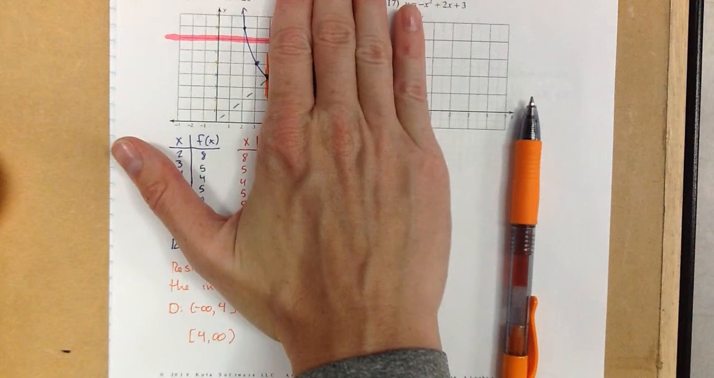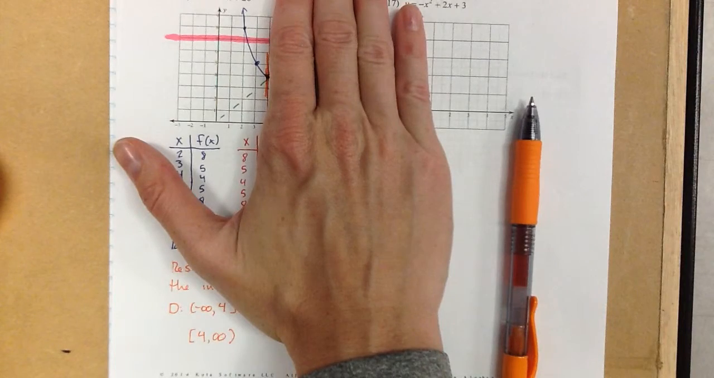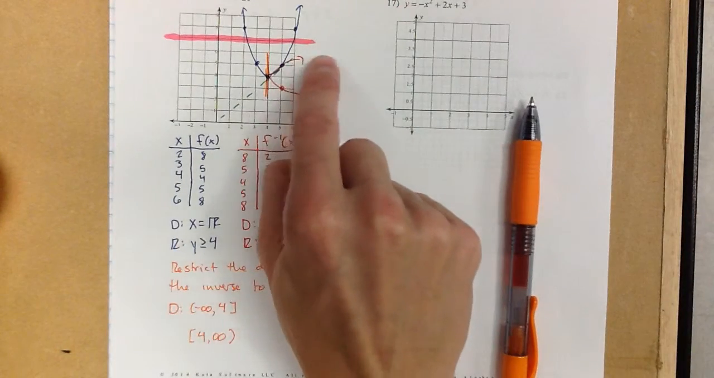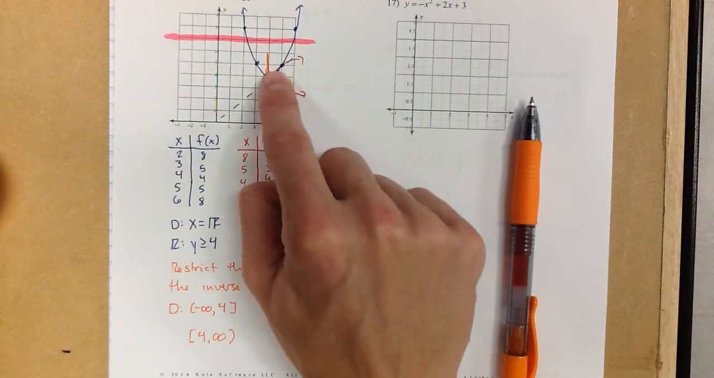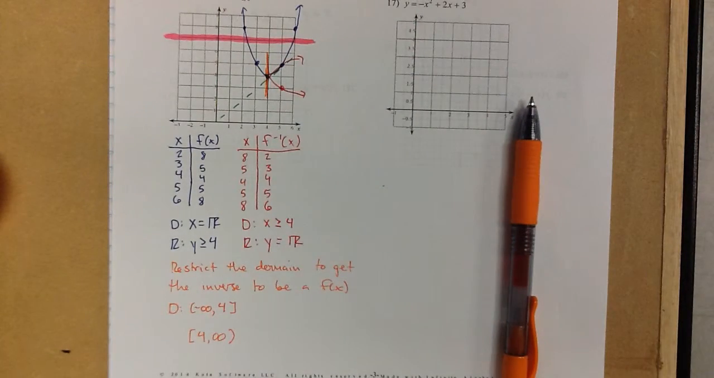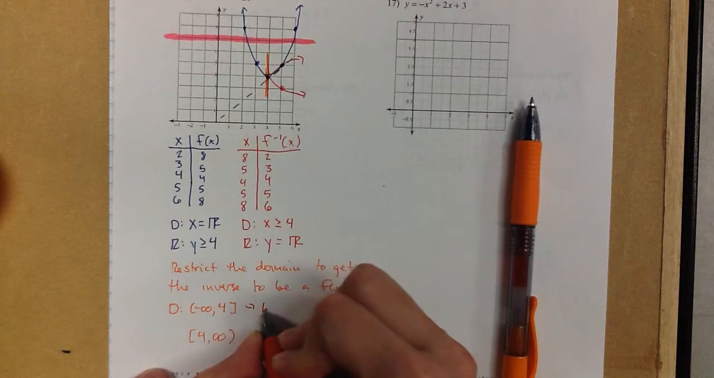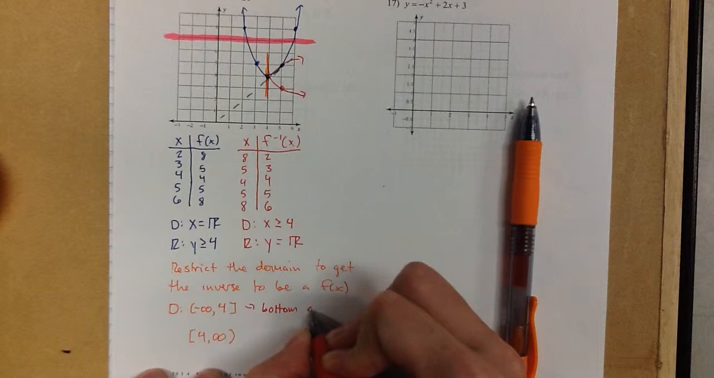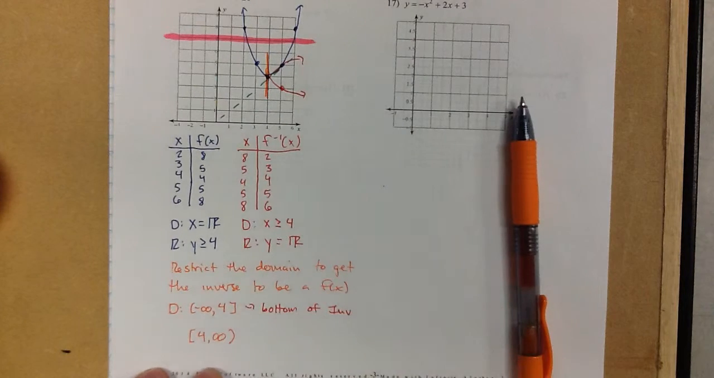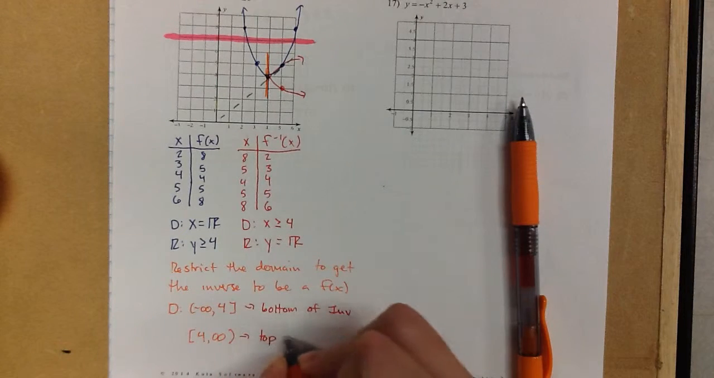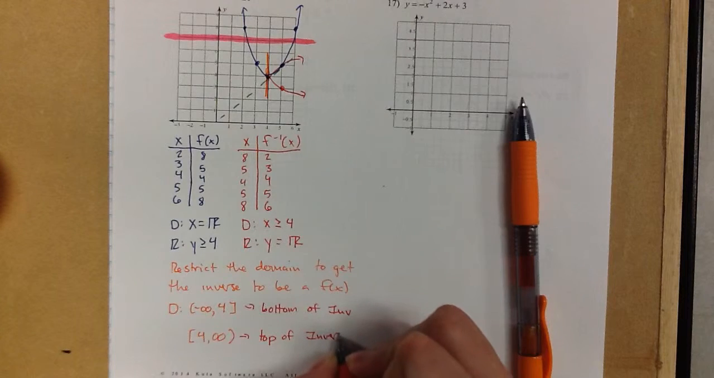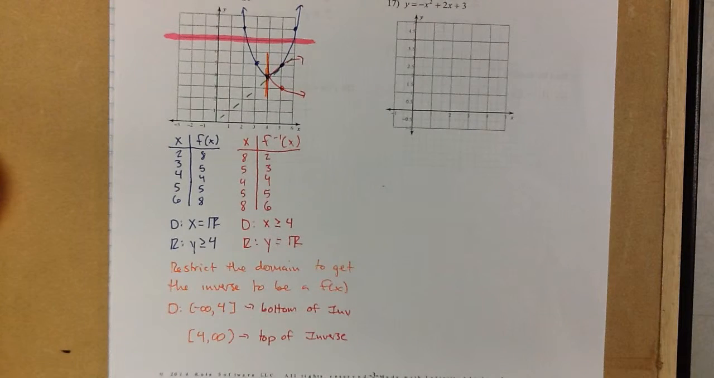Okay? Now, if I go negative infinity to 4, am I talking about the top part of the inverse or the bottom part of the inverse? The bottom part. Okay. So if we go negative infinity to 4, we got the bottom of the inverse. So if I go 4 to infinity, I would get the top part. What do you think? You're sure? Okay. So then let's go